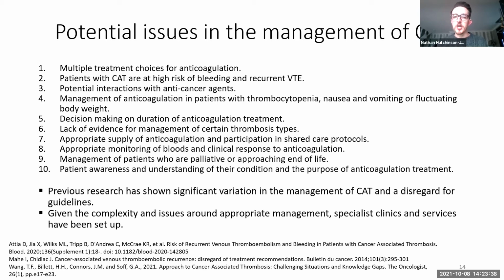So with these patients, if they have a recurrent VT, which does happen, how do we manage them? What do we do then? What about if patients bleed on their anticoagulation? What do we do then? So all really important issues, and I think highlights how a specialist service can input there to support the wider